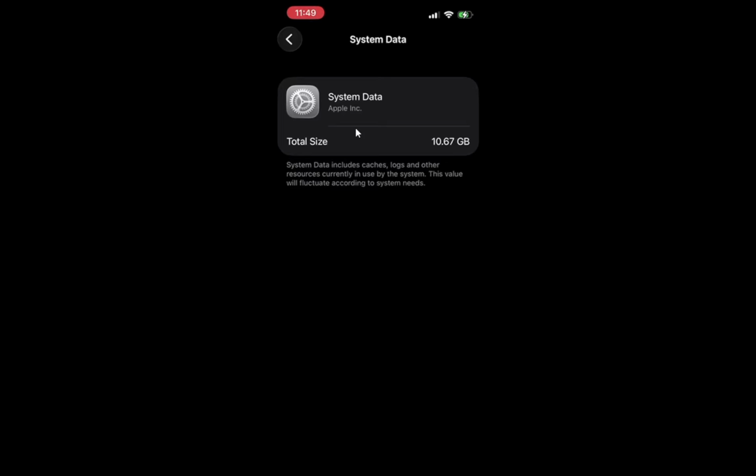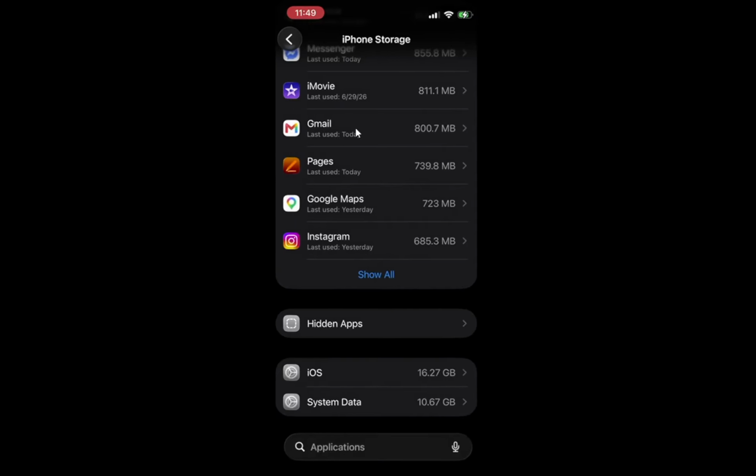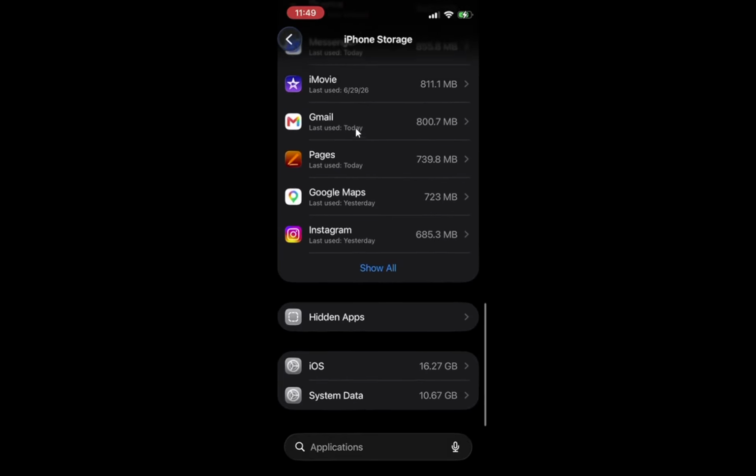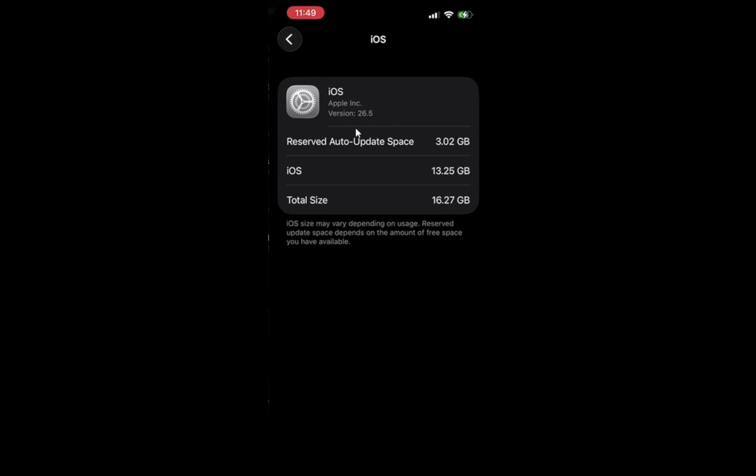Once you've tapped Delete Update, you will see a confirmation prompt ensuring you want to proceed. This gives you a chance to reconsider, which is useful if you may want to keep the update after all. Now confirm the deletion by tapping on the confirmation button that appears. This step finalizes the process and ensures that the unwanted update is completely removed from your iPhone.